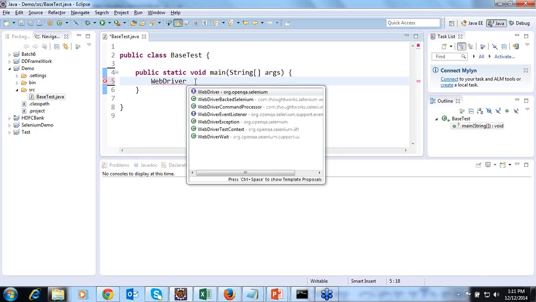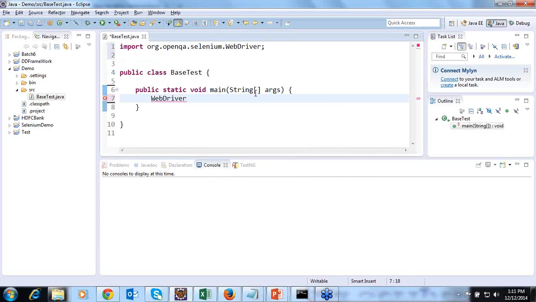As soon as you hit Control space, it will give this window. Here it will have the path where my WebDriver interface is present. It is present in org.openqa.selenium. This is a package which we have added as external jar files just before. Click on this first option.